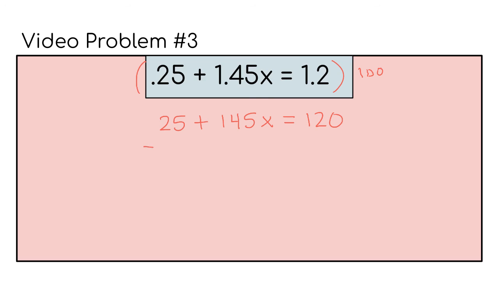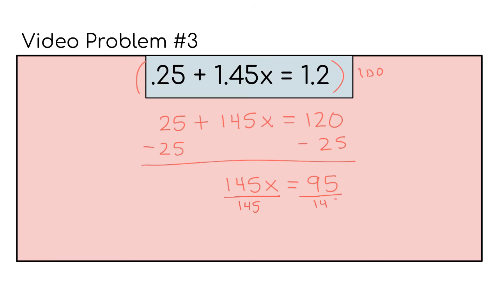So we'll subtract 25 from both sides, and we'll end up with 145x is equal to 95. So we are going to want to divide both sides by 145 so we can get x by itself. So we'll end up with x equals